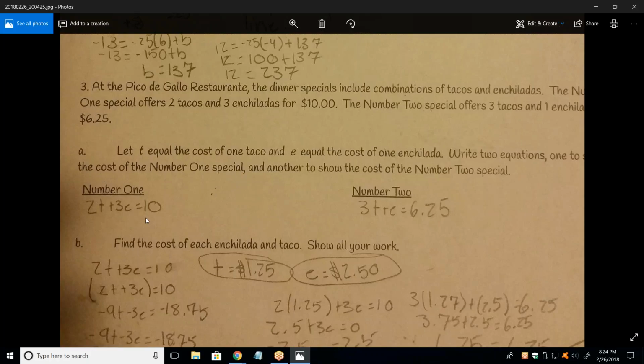Okay. So if t equals the cost of one taco, and that's 2, so 2 times t is the cost of all the tacos. 3 enchiladas equals 10. Okay, that's good. Correct equation number 1. And equation number 2 says